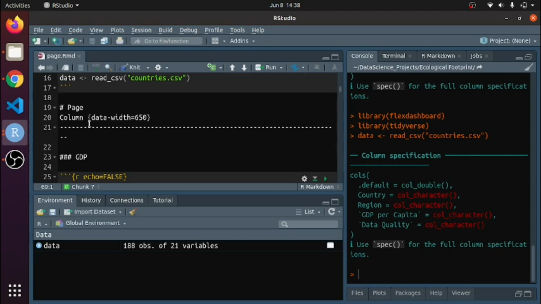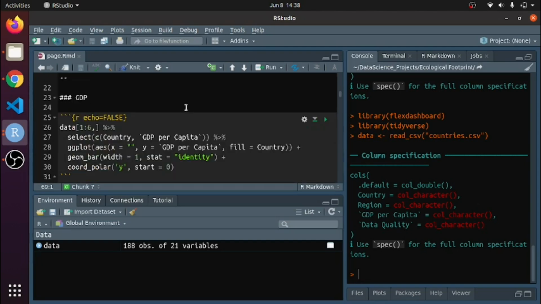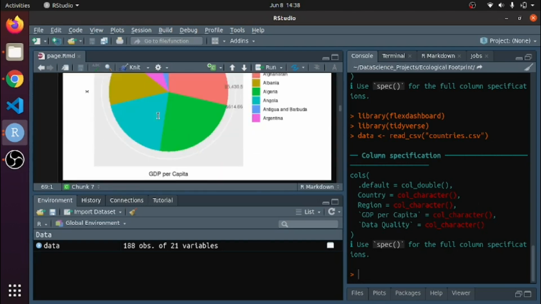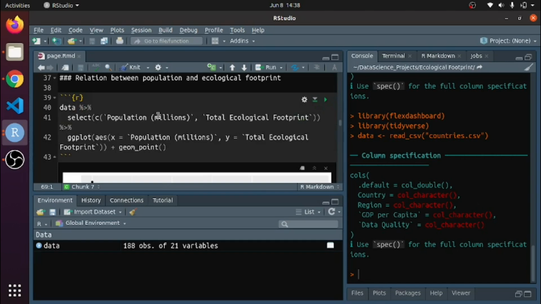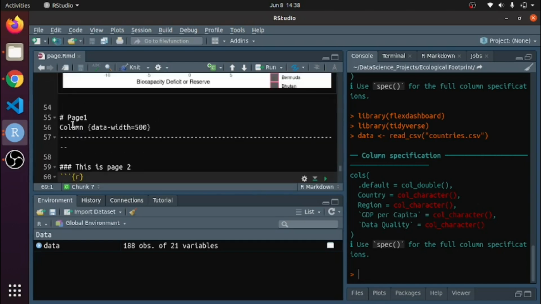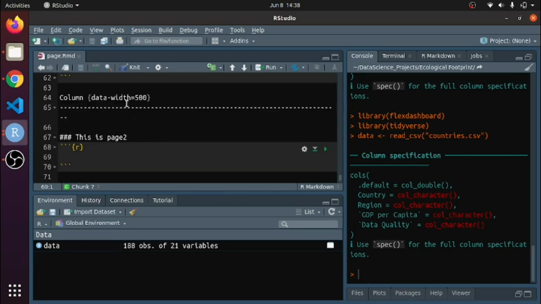Here in this first page I am defining the layout, column 650, and making the chart, and I make another page here where I made 500 pixel and 500 pixel. So in this file I have two pages.